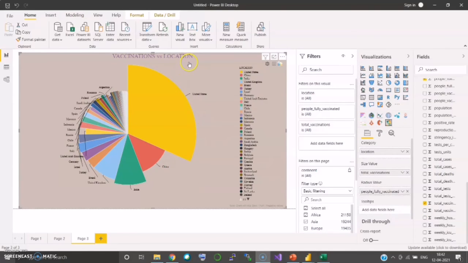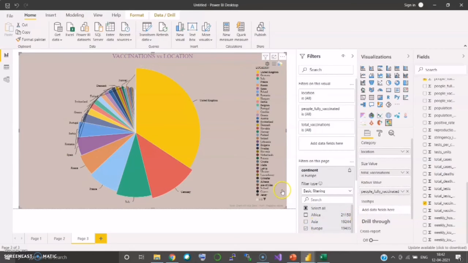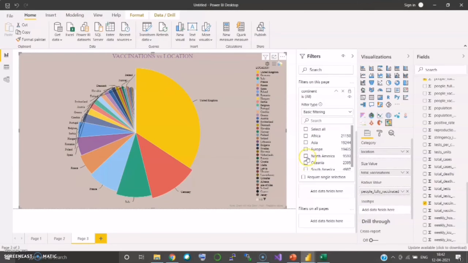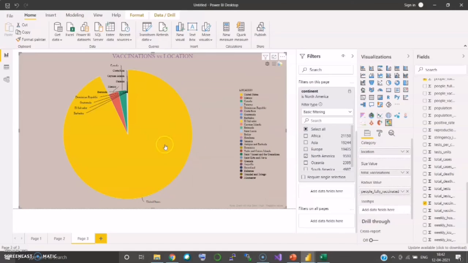Here is my visualized donut chart, and here I have added the continent in the filters pane, so I can get whatever I want. If I want the Europe continent, I can get Europe. If I want North America, I'll get North America.